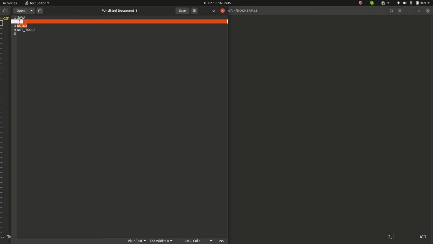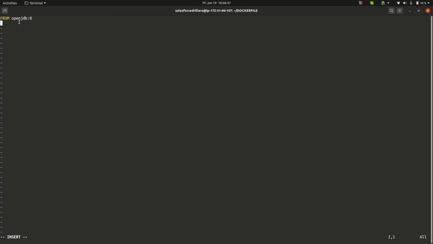Next we need to install the Vim editor. So here we will write RUN apt update and apt install vim -y. What are we doing in this command?